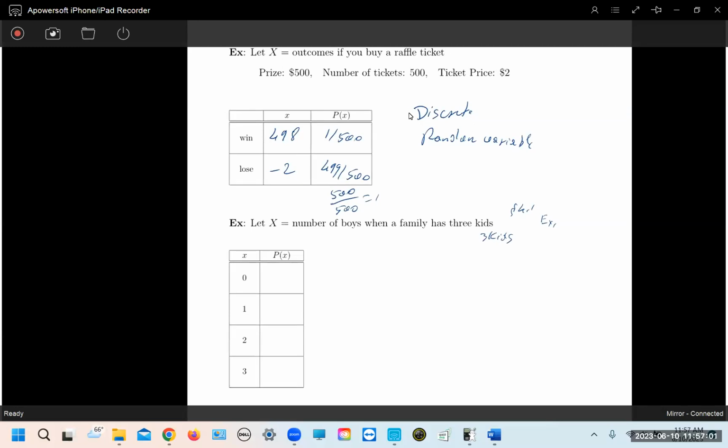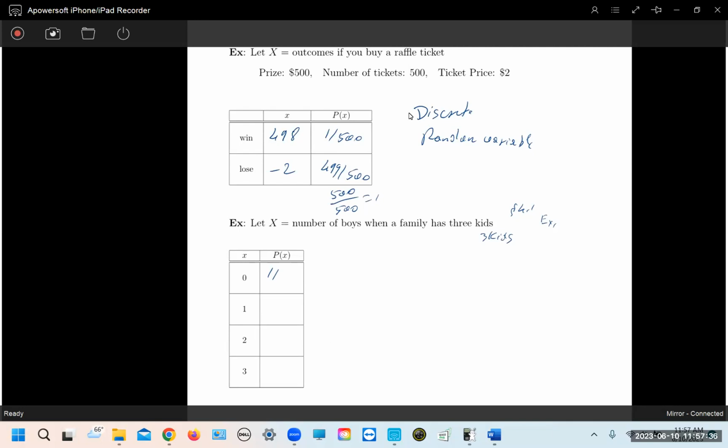So the possible outcomes, this one is for the 3 kids. So we have either boy or girls, right? The X number is the boys, and the rest is girls. So if X is 0, this means no boys, so only one chance, 1 out of